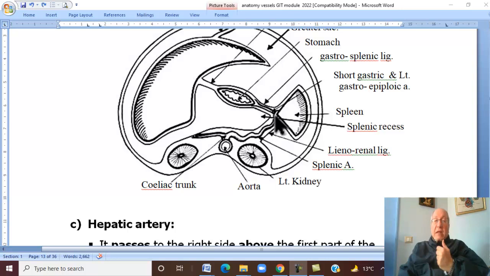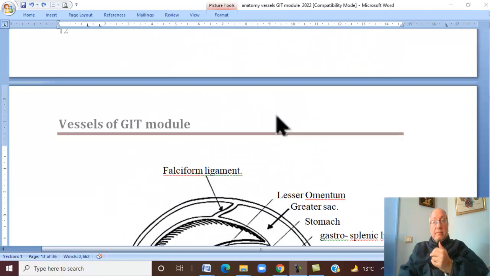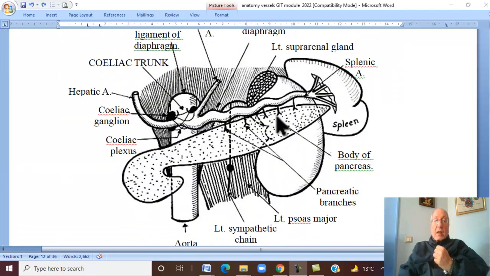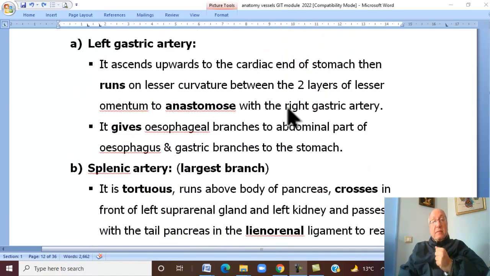It ends in the hilum of spleen. The splenic artery ends in the hilum of spleen by giving terminal splenic branches. What are the branches of splenic artery? Along its course, it gives pancreatic branches to pancreas, and it gives